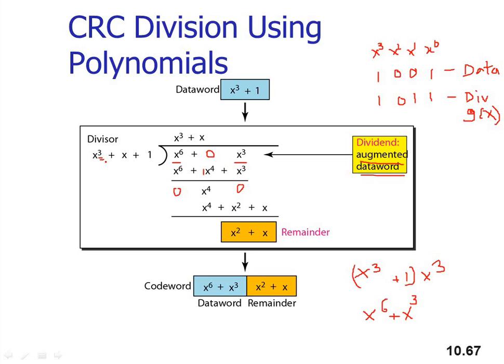What will you be doing now? I want here to be x4. So what should be my quotient? I should multiply this x cube by x only so that I'll get x4. So x into x cube, I will get x4. So x into x is x square. x plus 1 is x.